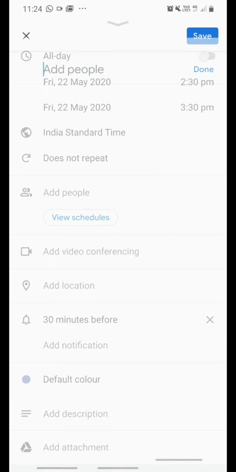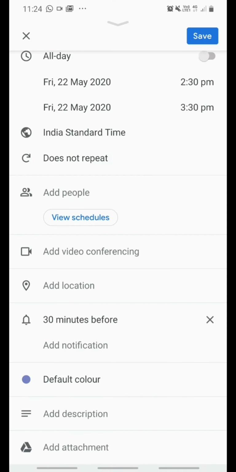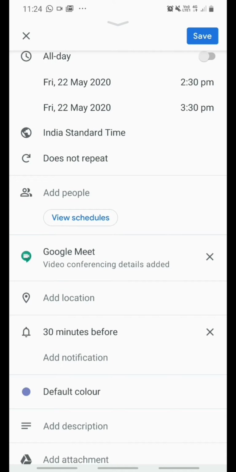And you can click on add video conferencing, that is Google Meet. You can click on that. Then video conferencing details also will be added. Then you can also add a description. You can include a description about your meeting or whatever it is.